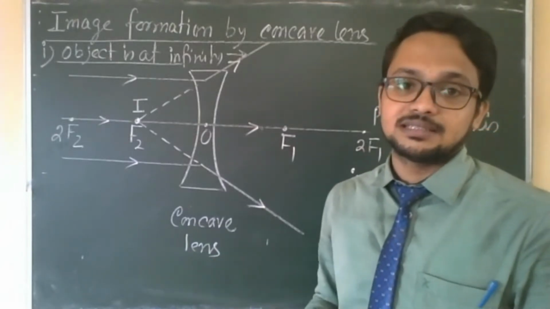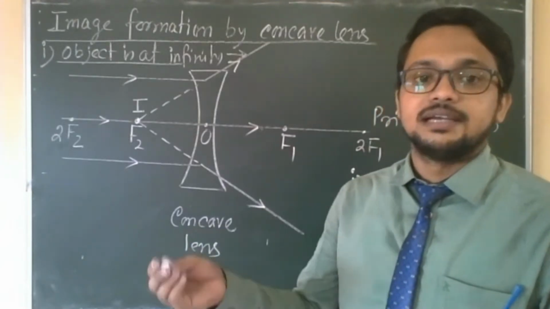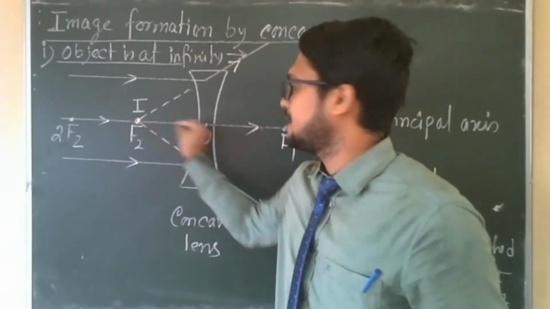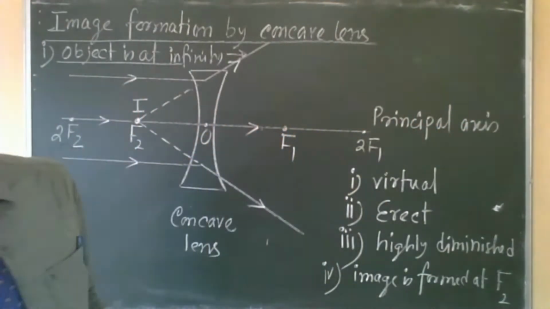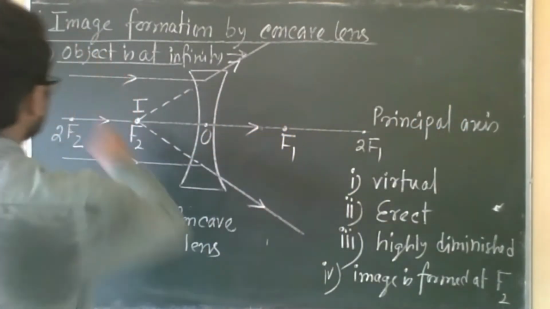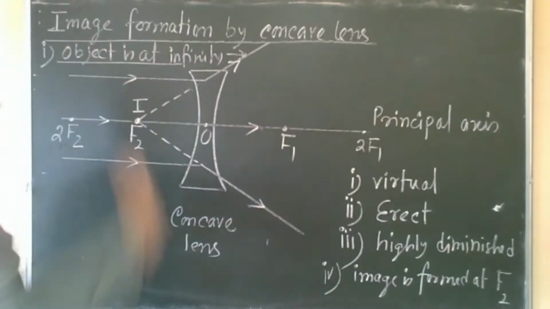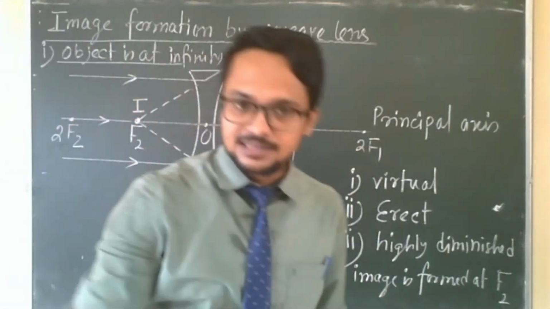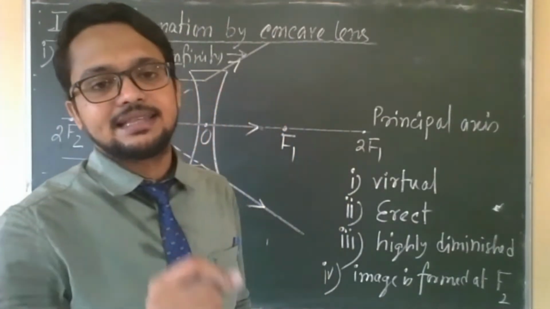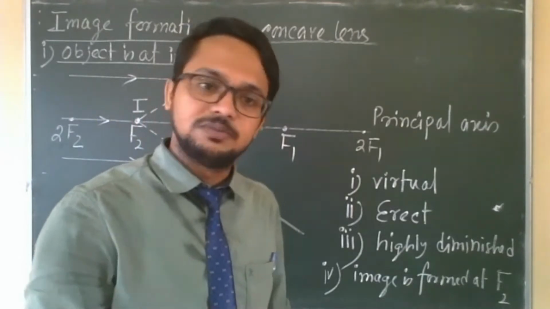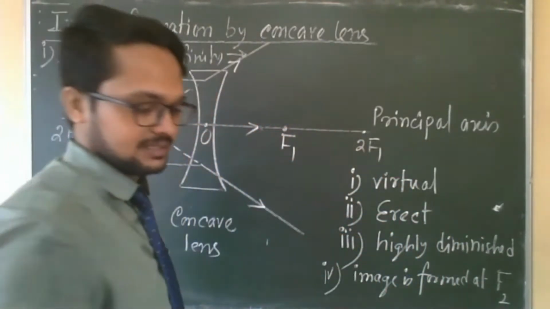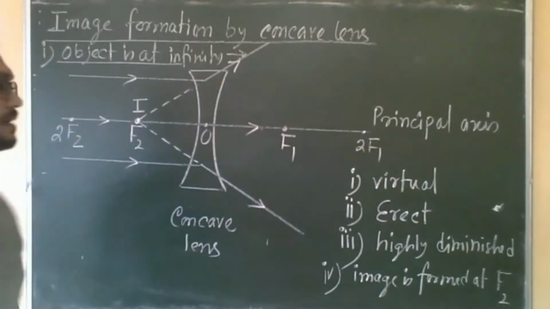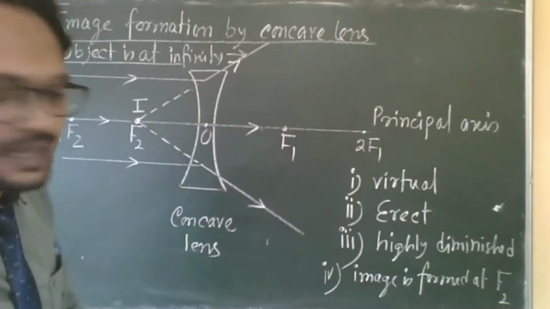The maximum image distance is equal to its focal length, right? This is focal length basically. Okay, come to the next ray diagram. Here the object is at infinity, but in this second case we will not take the rays parallel to the principal axis. Object is at infinity, but rays are not parallel to the principal axis. Rays are parallel to each other but not parallel to the principal axis.